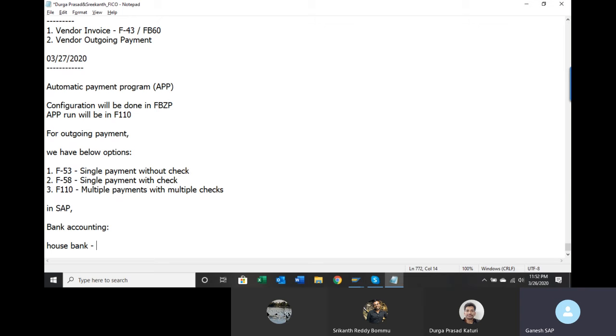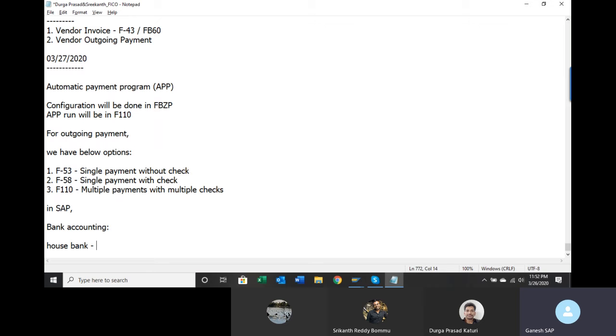Assume that Maruti company is also using another bank, say Citibank. So Citibank also will be created as a house bank. In other words, if the company is dealing with its business transactions through any bank, that particular bank will be created as a house bank in SAP. If you are dealing with multiple banks, all those banks will be created in SAP as house banks.